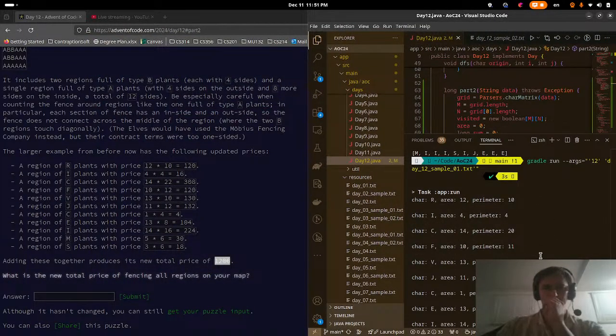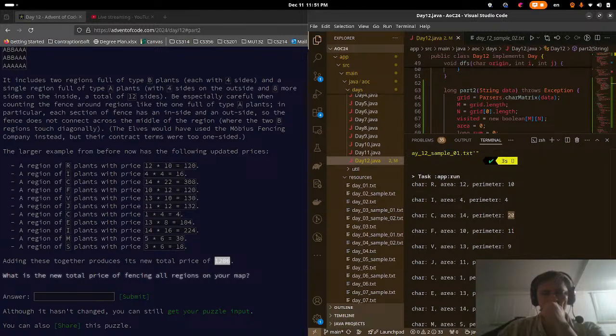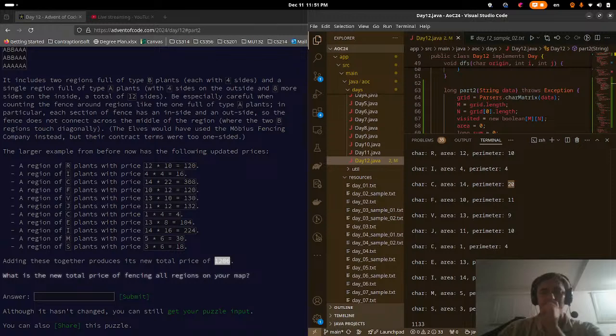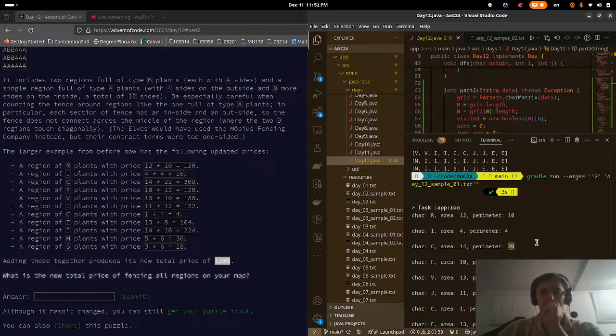10 and 12, 4 and 4, 14 and 20. 10 and 11, 13 and 9, so we're slightly off. Not an off by 1, or it could be 1 and 4, 13 and 8. We have a slight error. It's really close. I have a slight error somewhere. Maybe an off by 1. So let's see what is it about